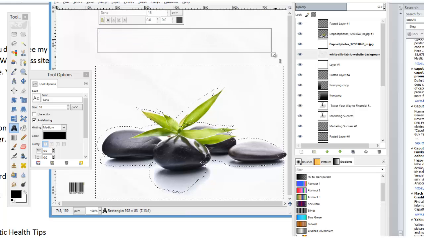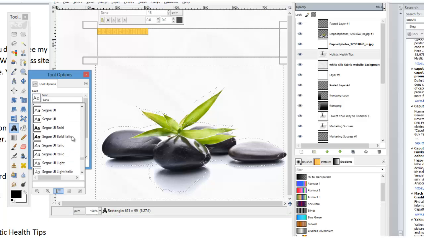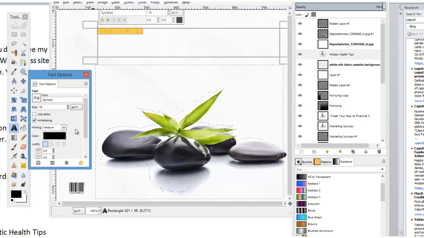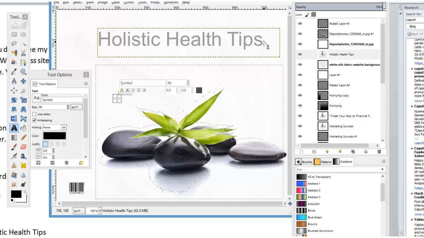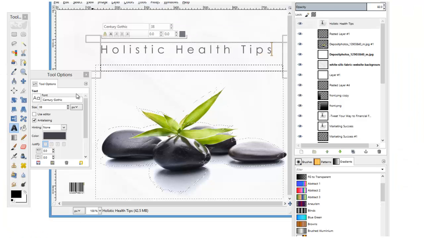Then pull this little box open and paste in your text. Now, obviously, that looks horrible at the moment. So what I'm going to do is change the font. This can be anything that you like yourself, and we'll make that bigger. Hint in none. Let's have a look at that. Okay, so that's okay. So I've changed it to Century Gothic, which is one of my personal favorites for the